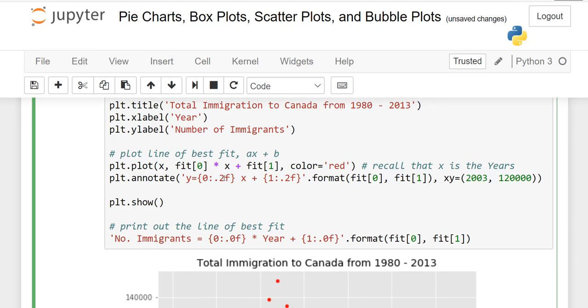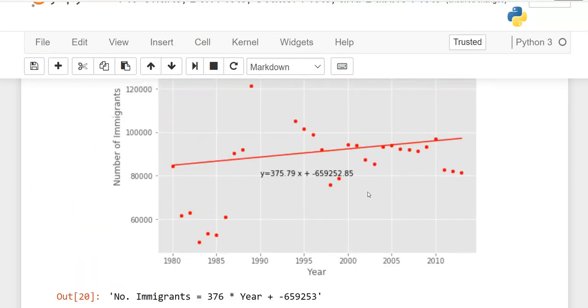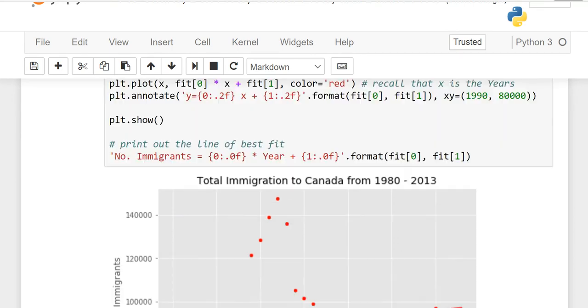And what is the meaning of this? I made it 0.2. Right here, if you want, I can change it. I will make it 1990 here, and instead of this we can make 80,000, so our annotation will change. And what this will do, we will get our answer to two decimal places, right? When I execute it, you will see now our annotation is here, right? As I have changed the xy coordinate, initially it was 376, now it is after two decimal places. So this was the purpose of this line.